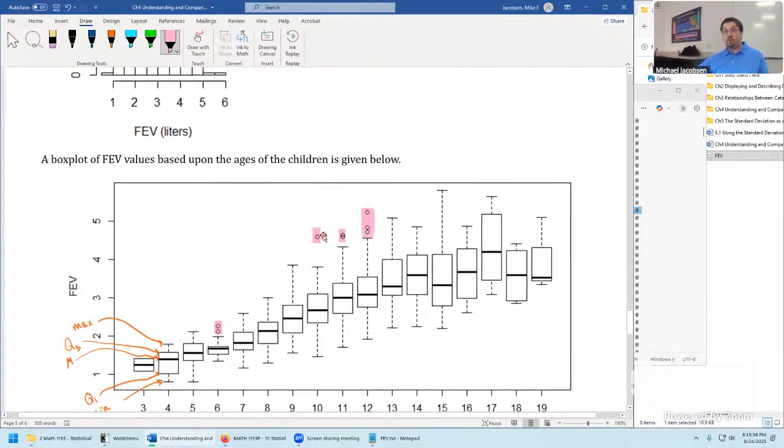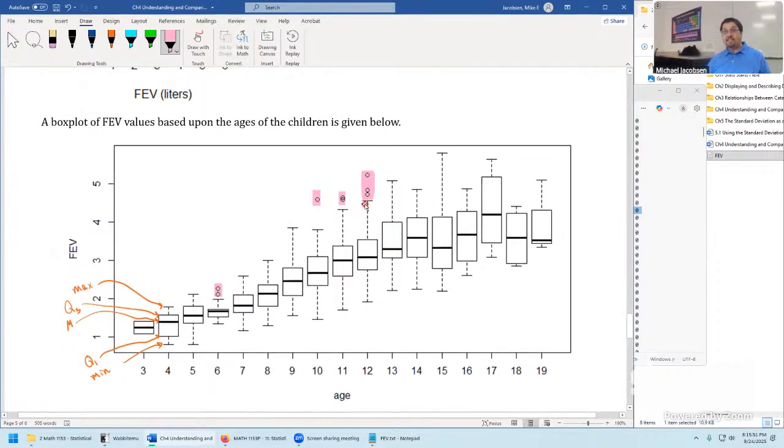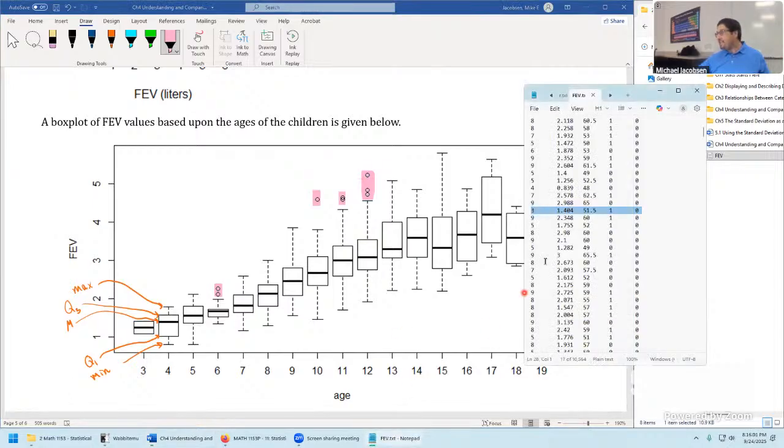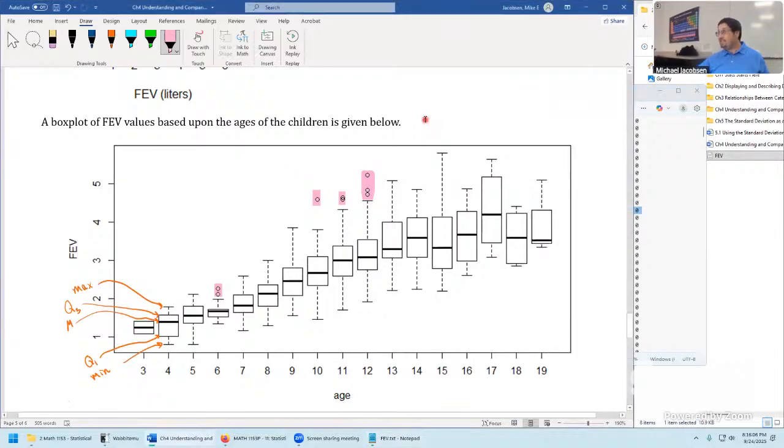But this one is pretty far away, actually. This one might have looked like it's like 1 unit away in terms of the width of these rectangles from the main data on the histogram. So that one is actually pretty unusual, and so is this one up here. So again, this is the tricky thing about outliers. Whether you think you have any or not, sometimes just depends entirely on how you're visualizing the data. For data like these, which are pretty complicated, there was definitely a lot hidden here. Outliers showed up amongst certain age groups, the 6-year-olds, 10, 11, and 12-year-olds.